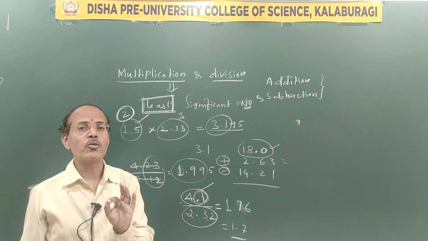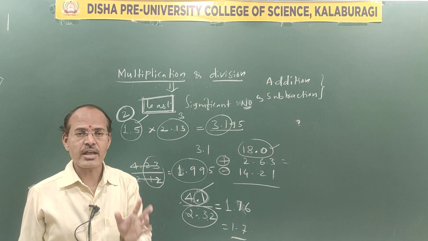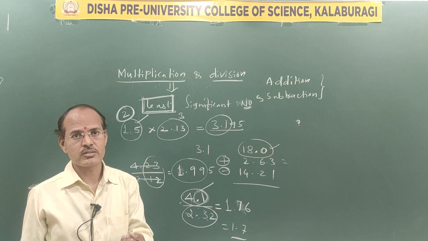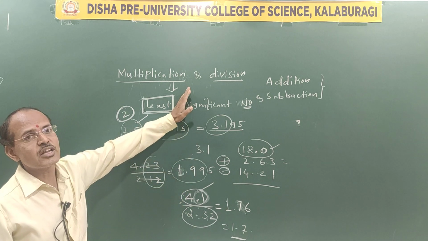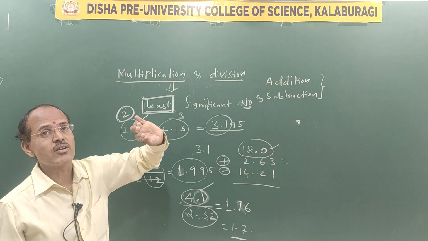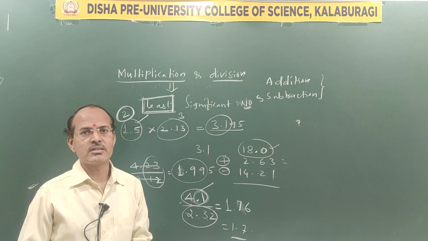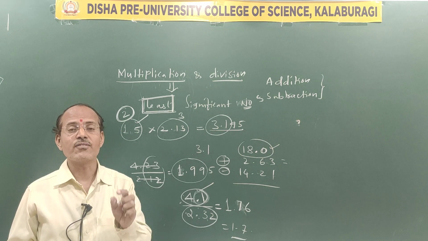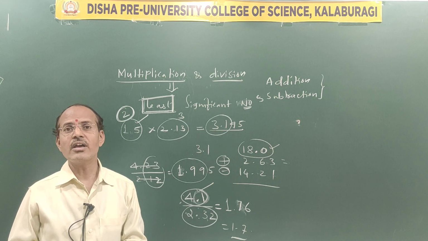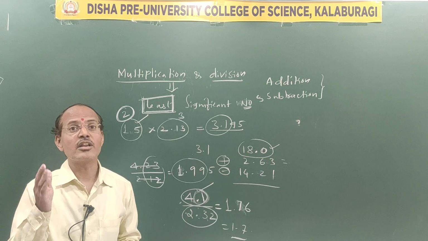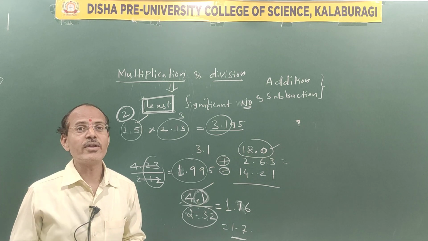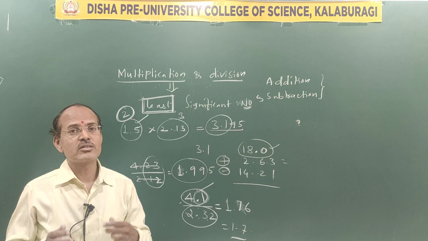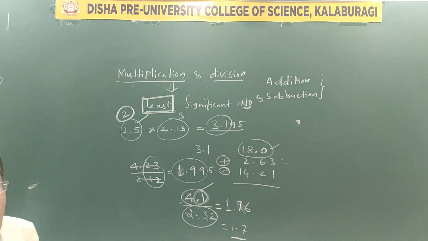So this is all about how to add, how to subtract, how to multiply and how to divide the significant figures, along with mentioning the number of significant figures in that particular pattern. Okay, now we'll see the next concept called rounding of the values. That is removing the non-significant figures by using the rounding off method.